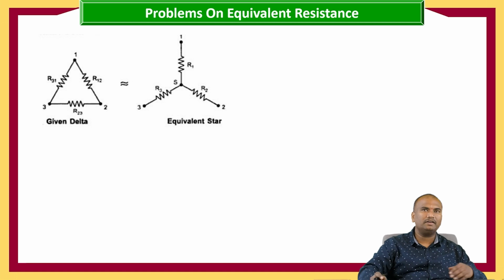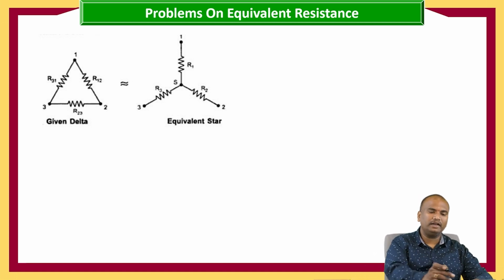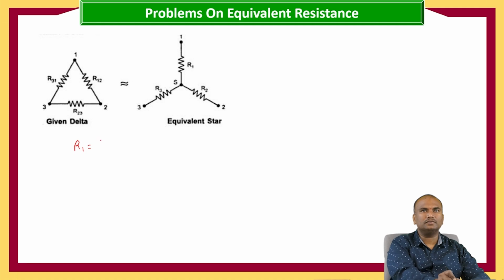When the delta values are given, R12, R23 and R31, now the star values will be R1 is equal to R12 into R31 divided by R12 plus